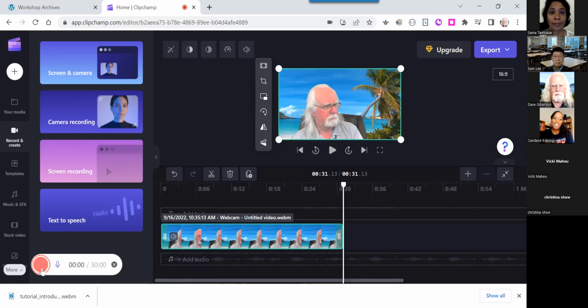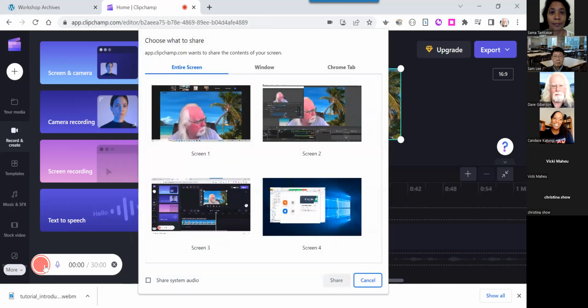If you're working on a computer with a single screen, you're going to have a little piece of video at the beginning where you're looking at your screencast or your Clipchamp interface. And then you're going to have to get rid of that, and I'm going to show you how to do that later. But basically, to get started, you just click the record button, and you are then given a view